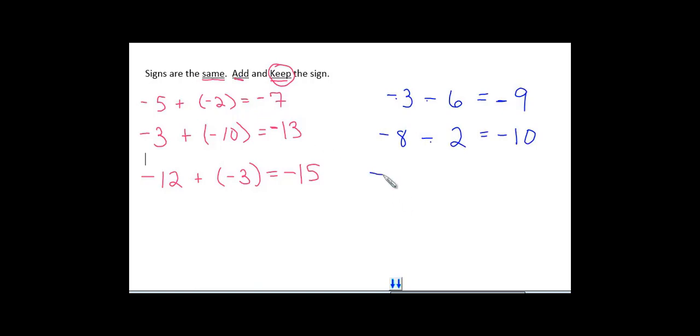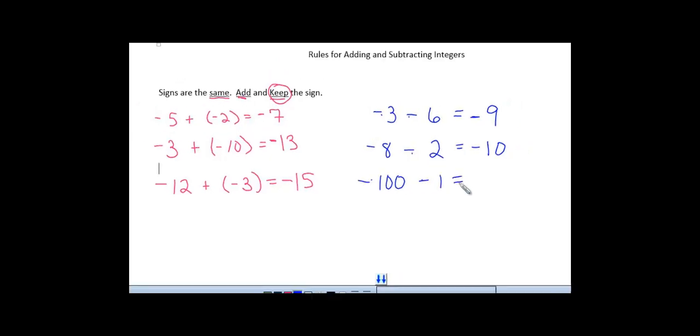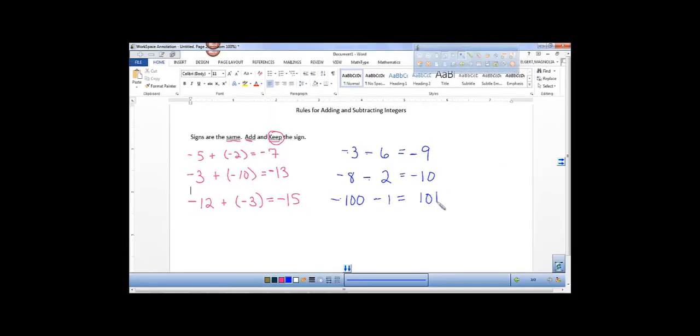Let's try another one. -100 minus 1. They are both negative, so the signs are the same, so you add and you keep the sign. That's how you add or subtract. So this is adding or subtracting. If they're both negative, you add and you keep the sign. Okay? So I want